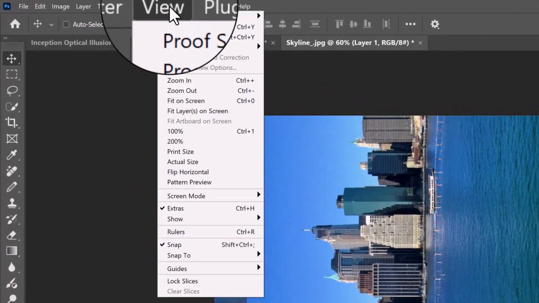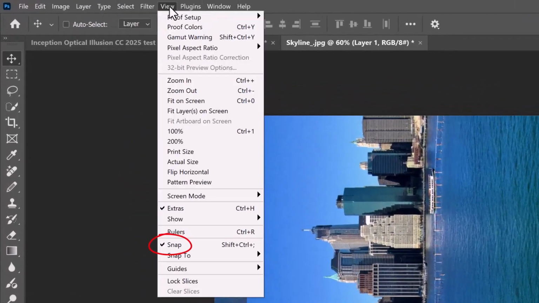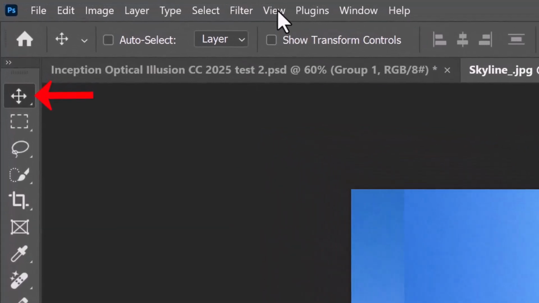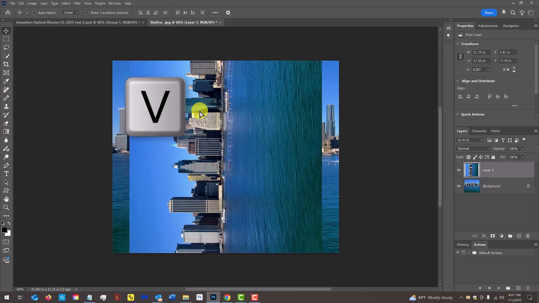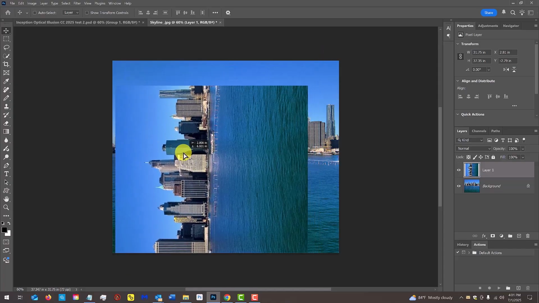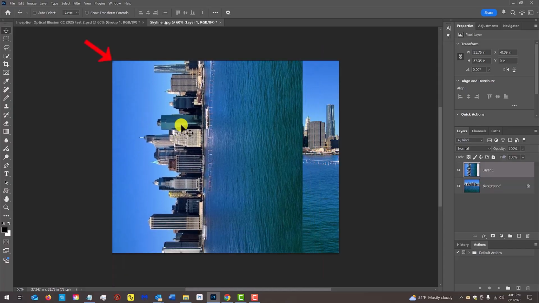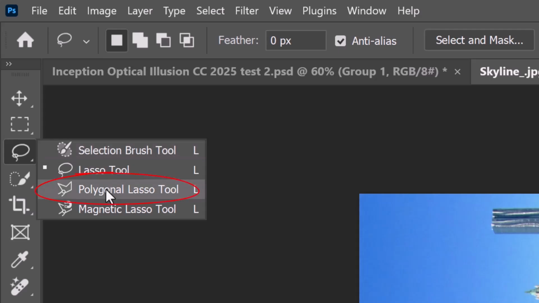Go to View, and if Snap isn't checked, click it to enable it. If your Move tool isn't active, press V on your keyboard. Then drag the rotated photo so its upper left corner snaps to the upper left corner of the original photo beneath it. Open the polygonal lasso tool